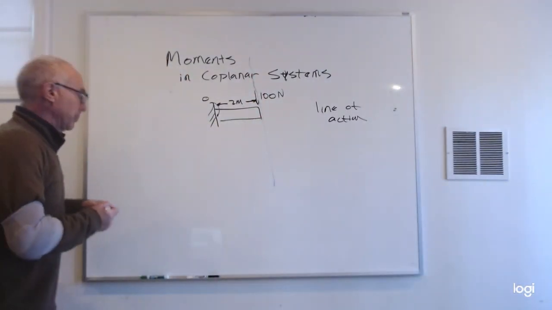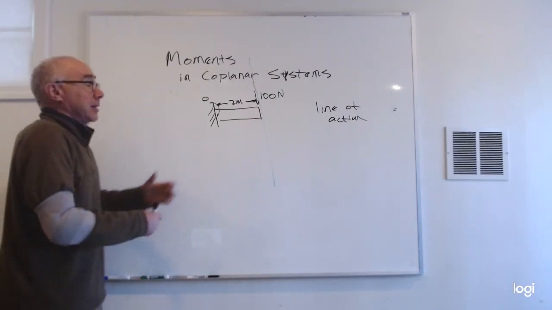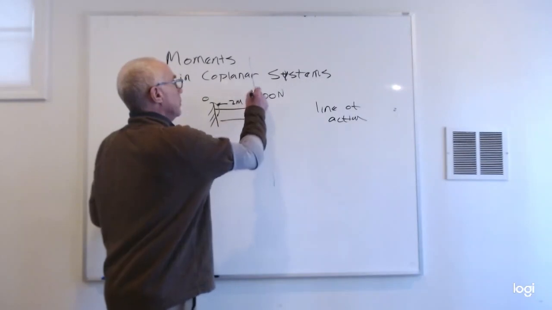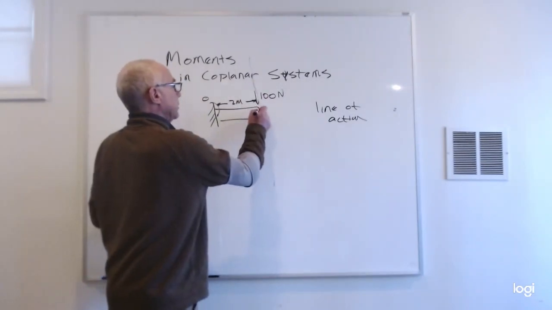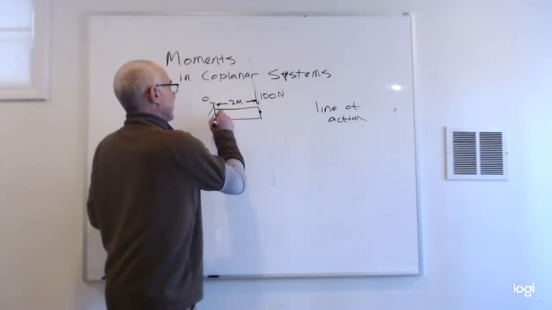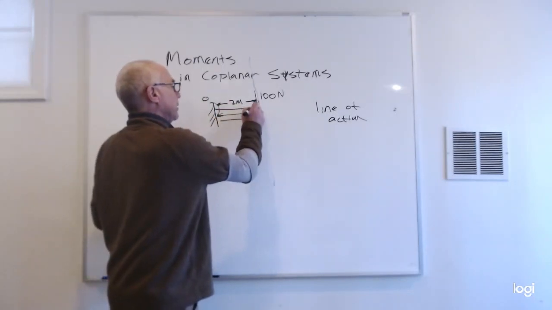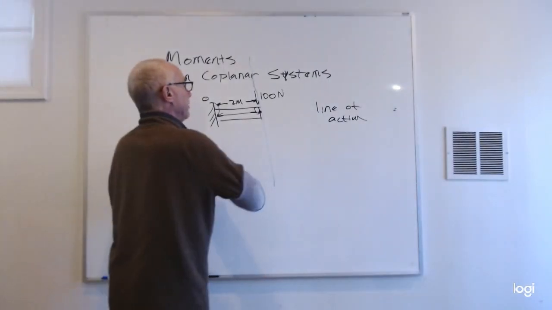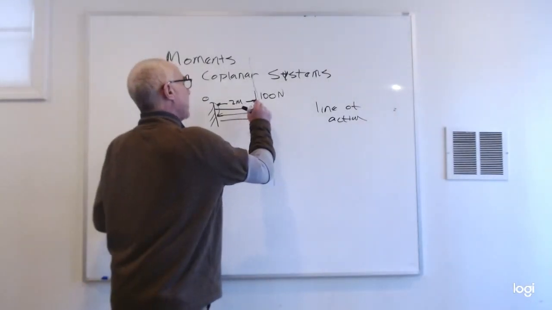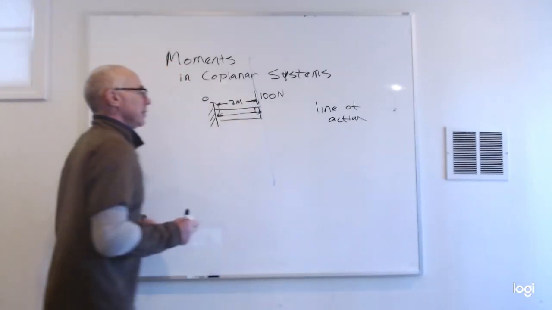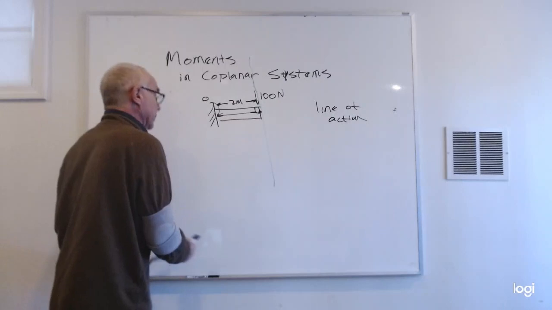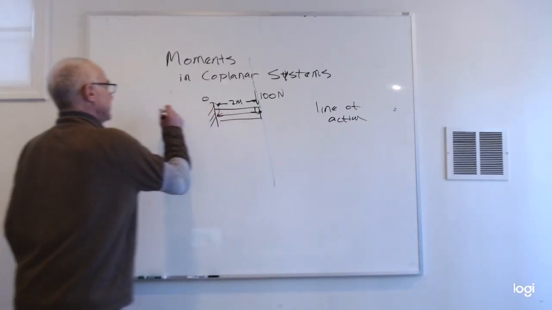So if we want the perpendicular distance, in this case, it's easy. Because on the line of action, the perpendicular distance is right here. And it's actually that 2 meters because this is perpendicular. I'm going to do it in green so we can see it better. Put a little box here in green. See, that's perpendicular. So that's our perpendicular distance. So this one's easy. The magnitude of that moment